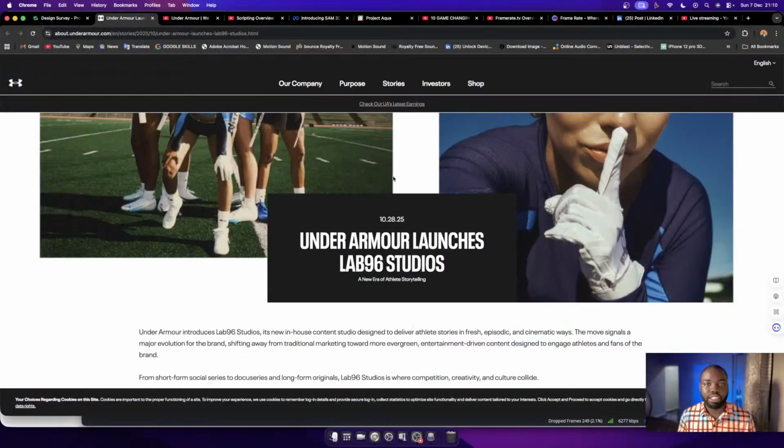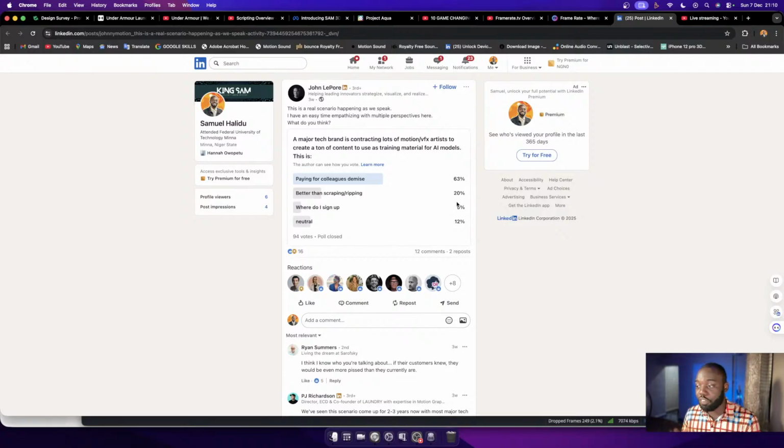So I think we're just going to enter some of the interesting things that are happening in the creative space in general. This first story I want to enter in is very, very amazing. Meta, that is Facebook, has been recruiting a ton of motion design and VFX artists.